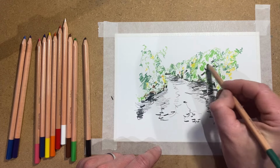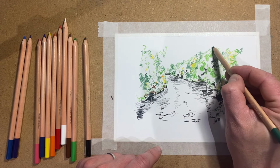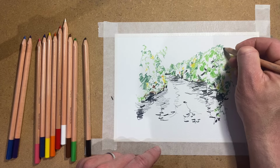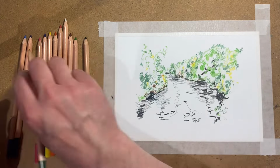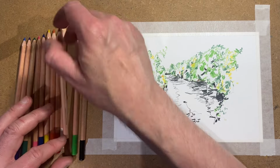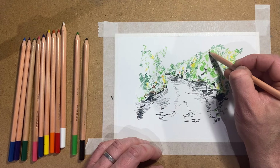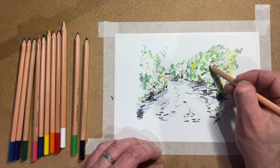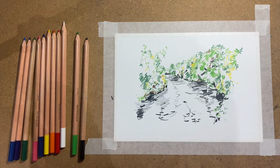Okay, so we're just trying to retrace some of the... I'm so excited to get to adding water to this. I'm going to pick a different brush again. I think I'll go for the pointed wash on this to try and see what we can do with the pigment that's already present here. Okay, so I'm going to stop